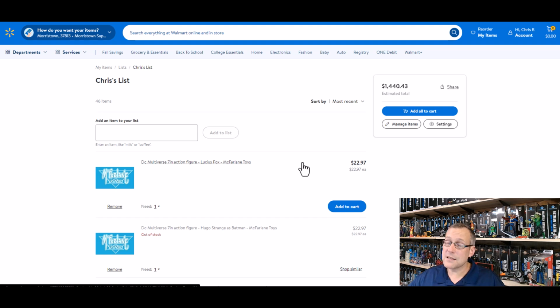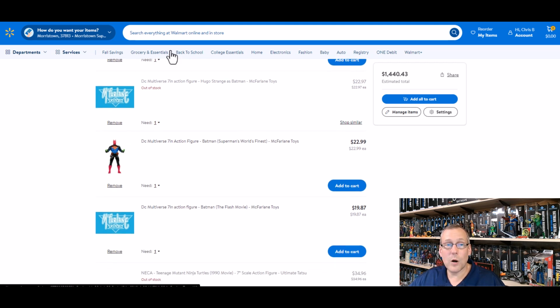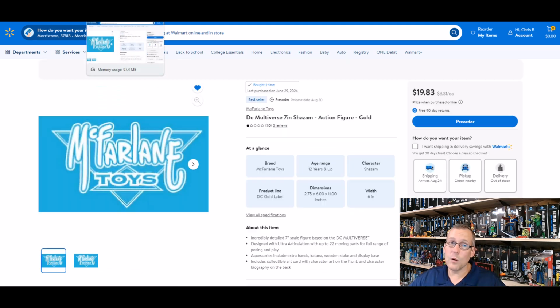And I've checked a lot of them around my area, and then when I traveled this weekend, they're not showing up yet. They're supposed to show up around the end of the month. So we'll have to see if they come in, if they get them early. But these are some things I'm trying to track down in Walmart, with the addition of one more DC Multiverse figure,